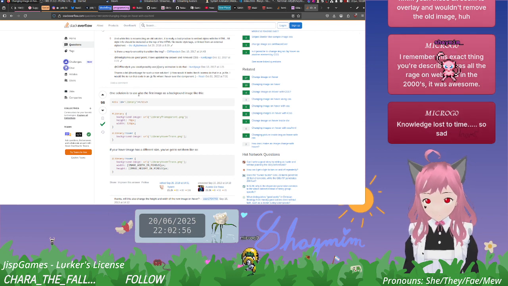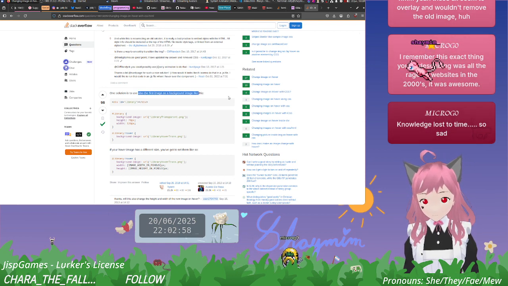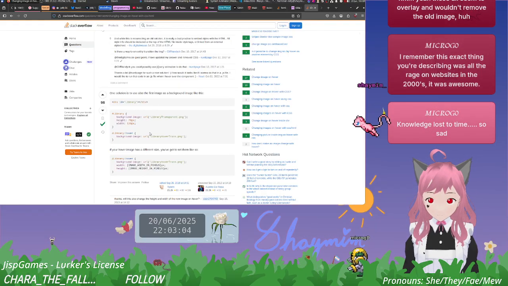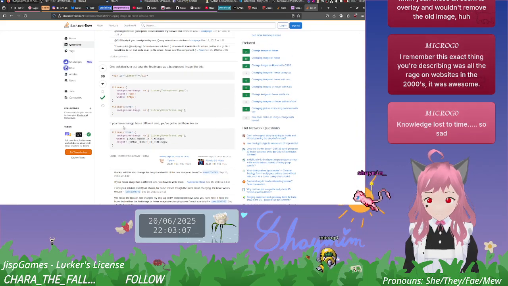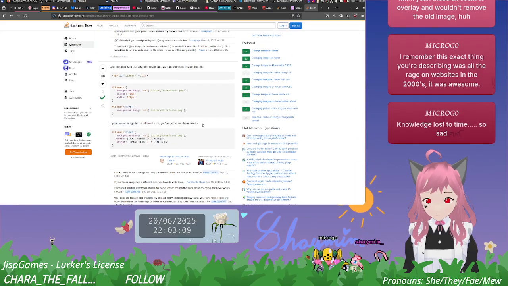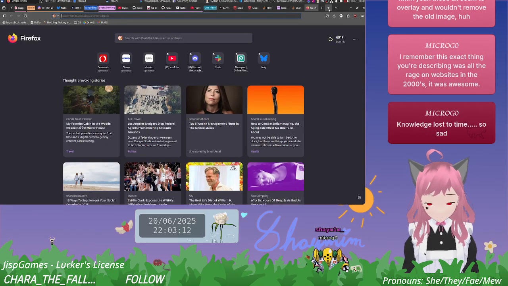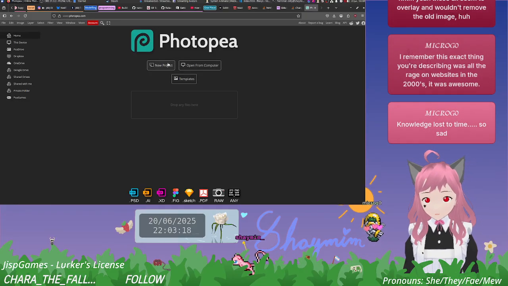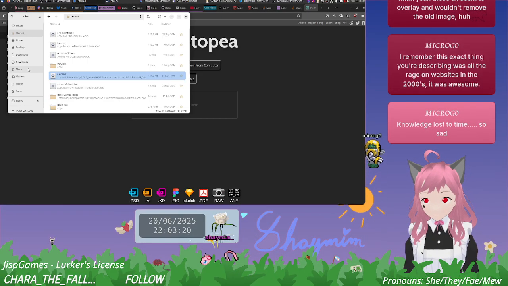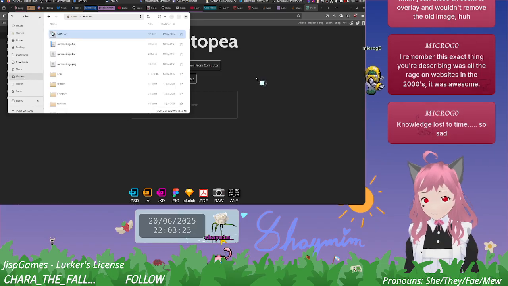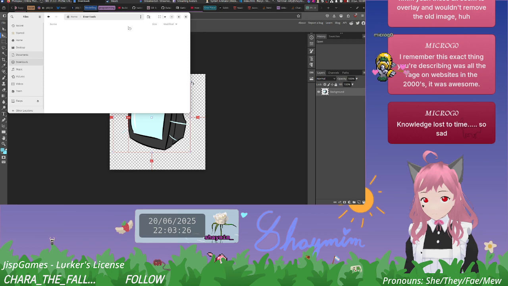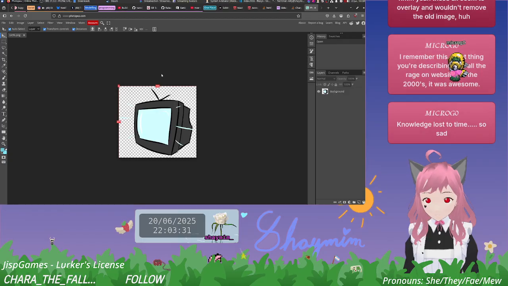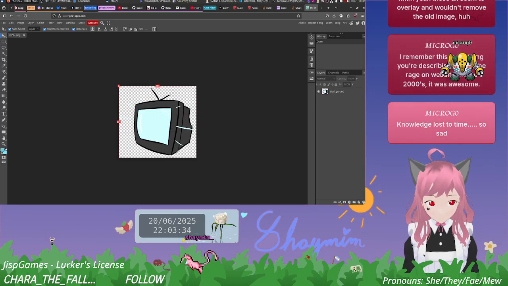It says here, one solution is to also use the first image as a background image. Okay. This should do it. If your hover image has a different size, you've got to set them like so. Okay, so what I can do then is go over to our editor. Wait, no, actually. I just remembered that I resized it here. And then what we do is we